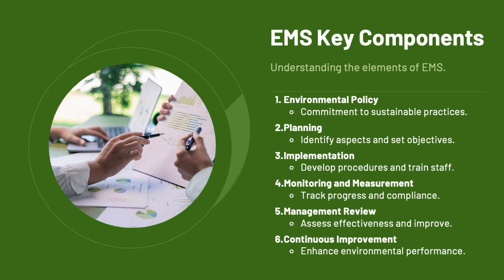Okay, for example, IKEA has a policy to use 100% renewable energy in its stores. So through careful planning and monitoring, they achieved over 90% of their goal. This is a great improvement, but later on IKEA will find more activities under implementation to ensure that they can achieve their policy aim of 100% renewable energy earlier. Okay, so that is how EMS takes place.